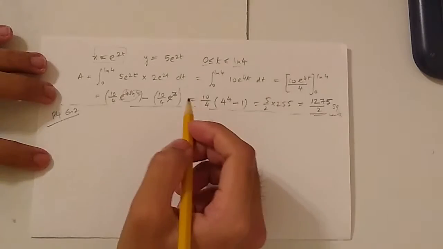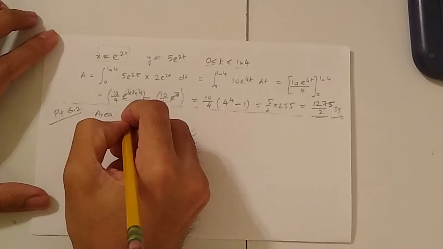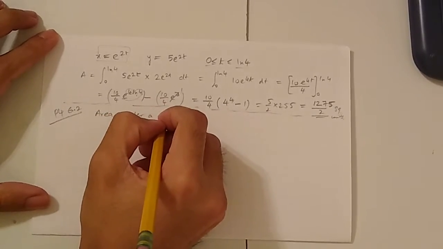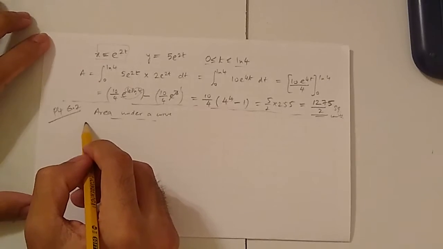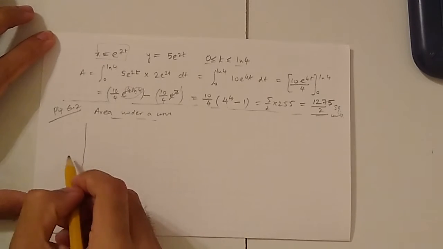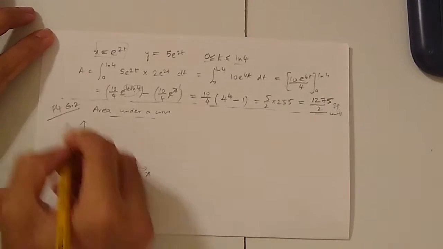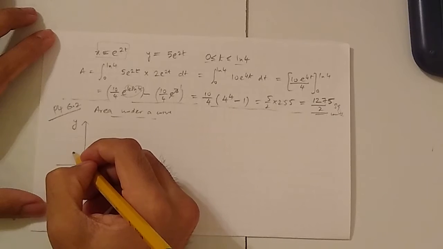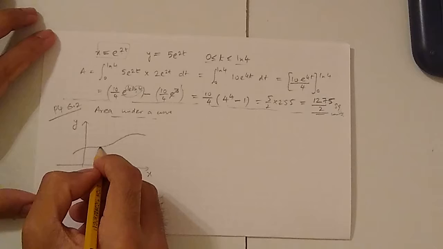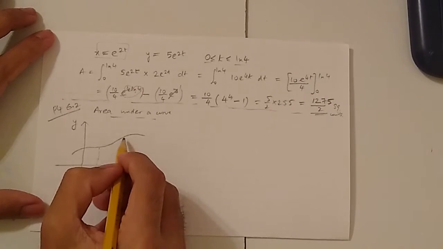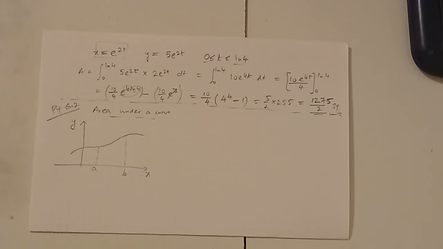Now, before we continue with the volume of revolution, let's talk about the area under a curve, which we learned in P2. If you remember how we derived it, let's say that we have a curve, y equals f of x, and you want to find the area under the curve from x equals a till x equals b.